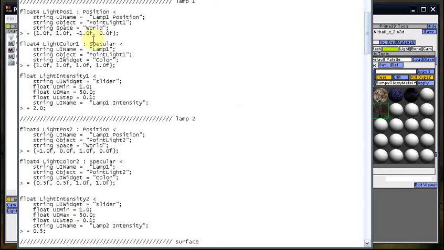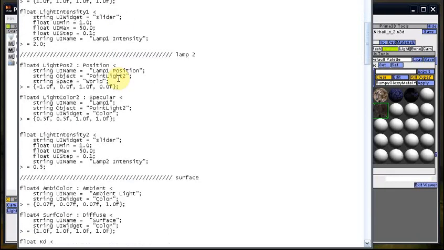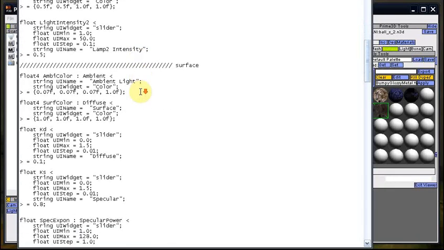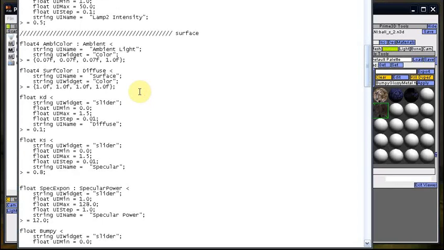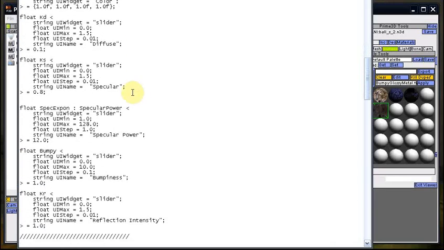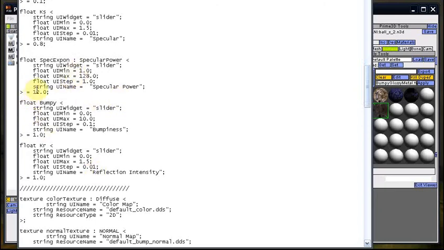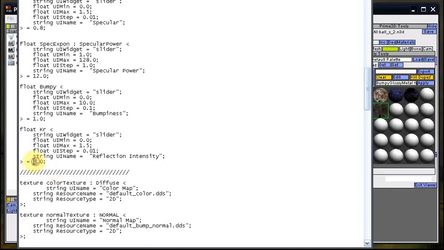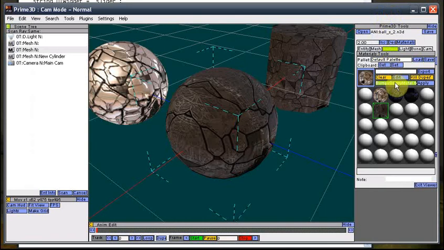So you've got your light settings. Now it reads the lights from Nuclear Fusion if it can, from the default scene, but you can change your different settings. You can change your specular powers and your float. So say I wanted it to be more bumpy, or reflection intensity. If I don't want as much reflection, we could drop the reflection down to half. Okay, and file, save, and right click